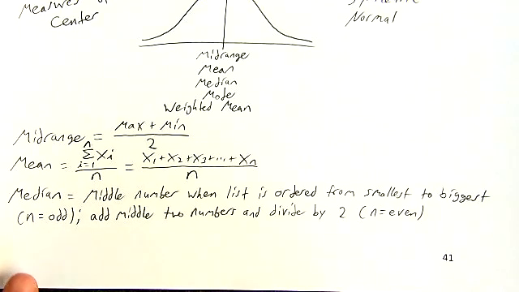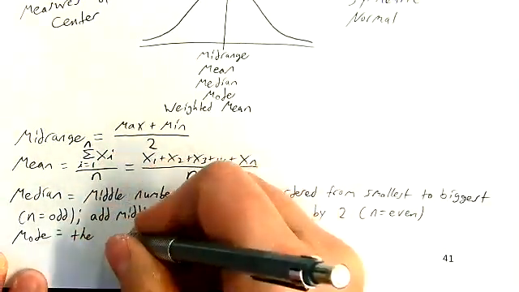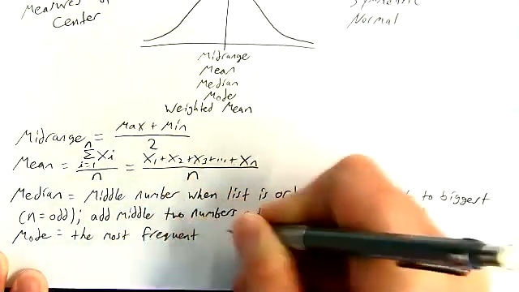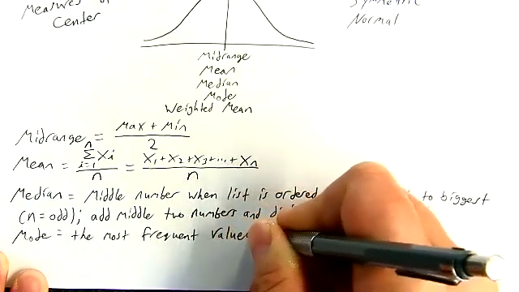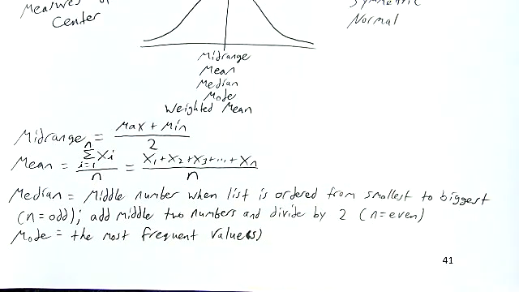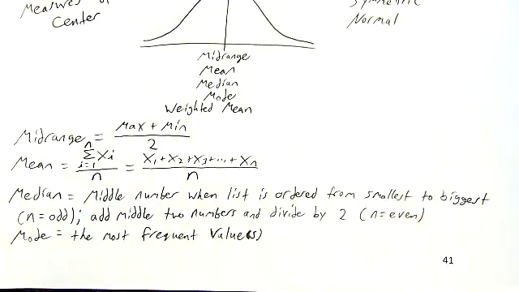Okay. Mode is equal to the most frequent value or values. So you can have more than one mode, but it's just, is there a number that keeps repeating? So do you see a number 3 times or 4 times or 5 times? So if you see one number that's repeated a bunch of times, that's called the mode. Sure. What if you have several modes that